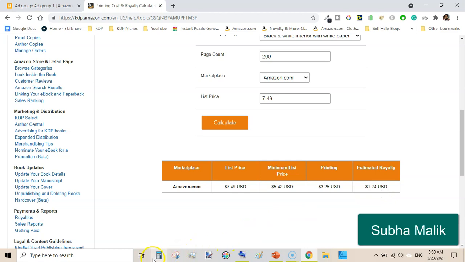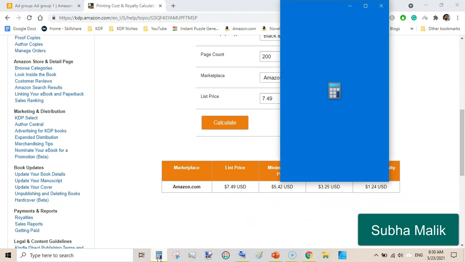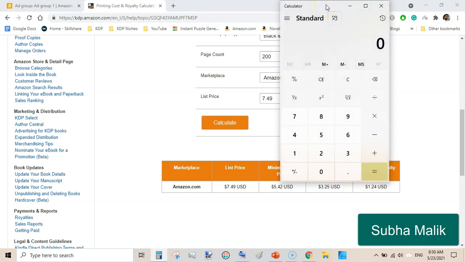To do that, just open up the calculator, and I am making $1.24 per sale. The formula for calculating your break-even point is royalty divided by the list price. The list price is 7.49. 1.24 divided by 7.49 equals 0.1655, times 100.